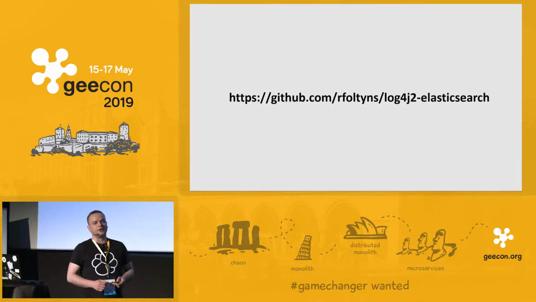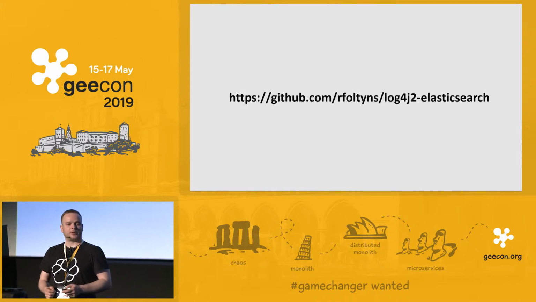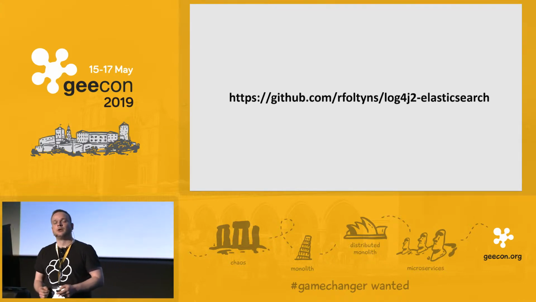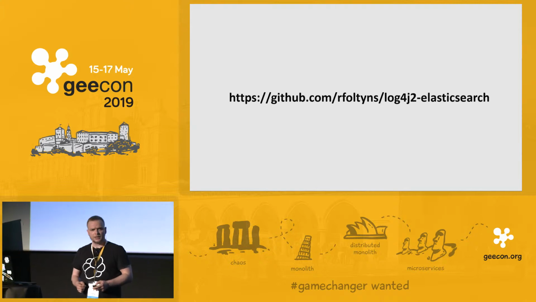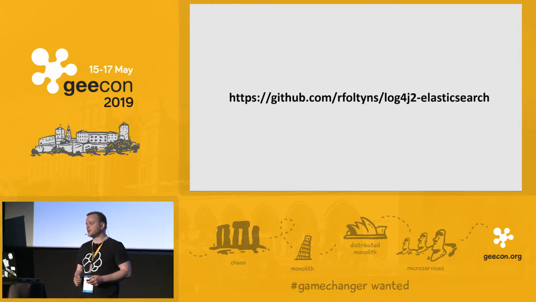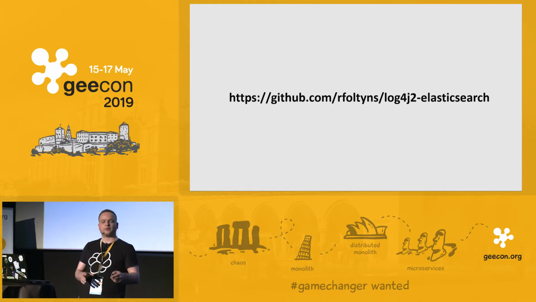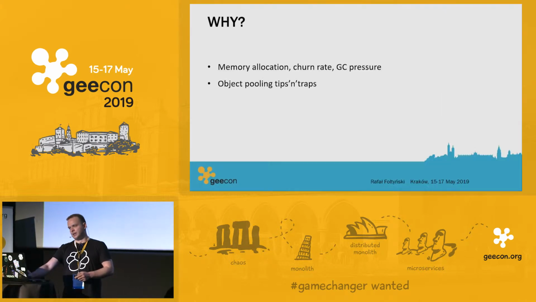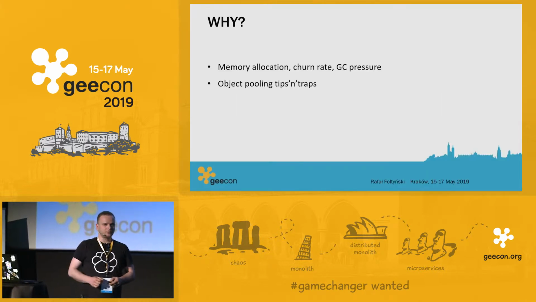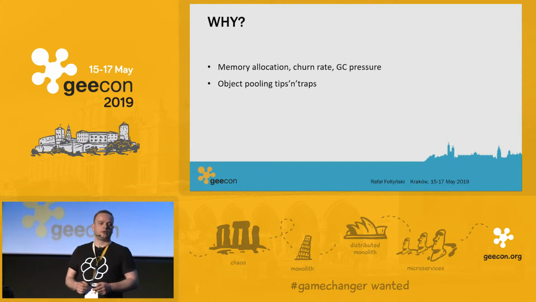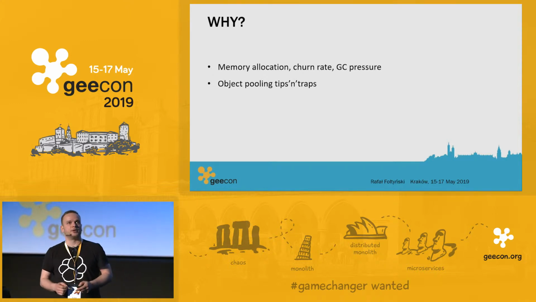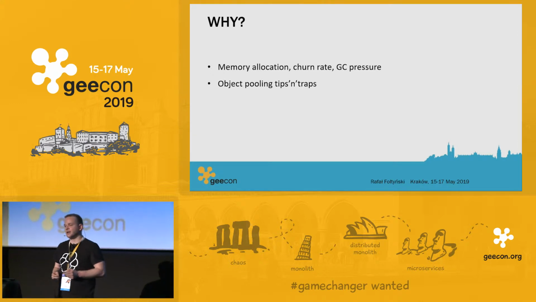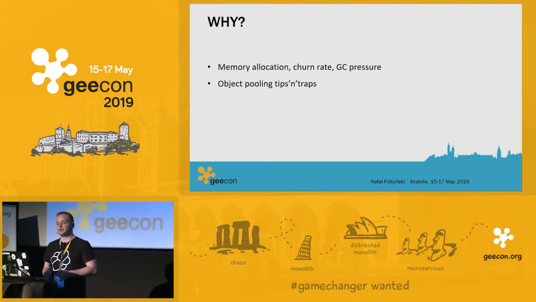All of this is in the context of my open source plugin called Log4j to Elasticsearch, which is a Log4j appender that is capable of pushing logs in batches to an Elasticsearch cluster directly from your application. I've noticed that when this library runs, it allocates a lot of memory,